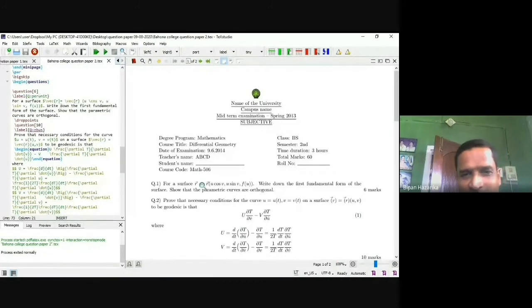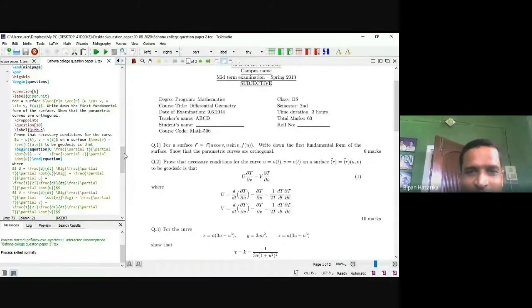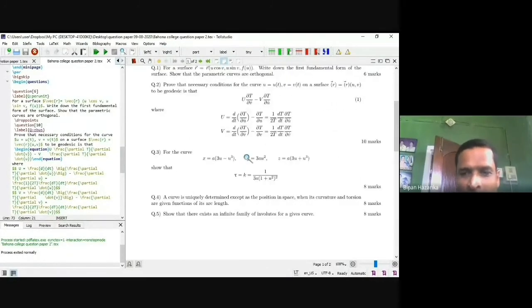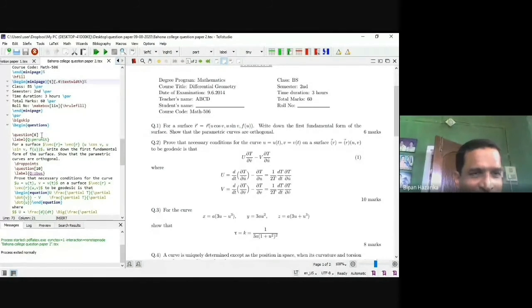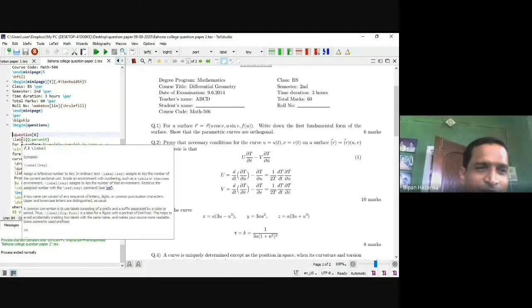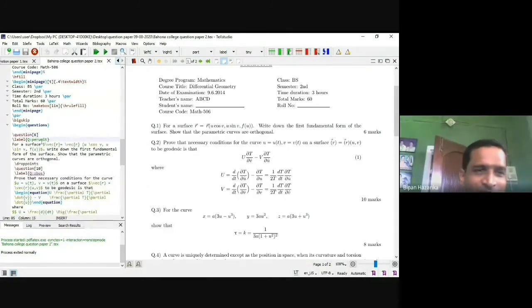Then questions. Then we write the questions. I set the questions. First one: question 6 marks is given. So write \question 6, that means 6 marks is shown here. Label means question number 1, question number 1 per unit. Next, the question with 10 marks is shown as 10 marks here. So question number 2, that means label question. Label question 2 is shown here.